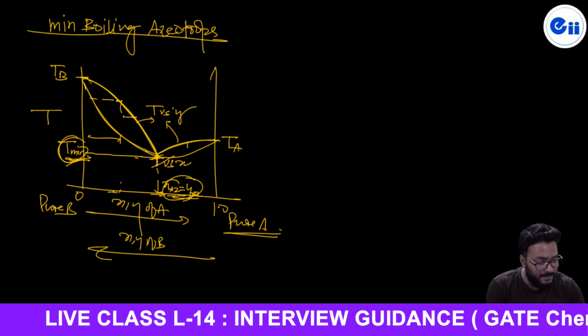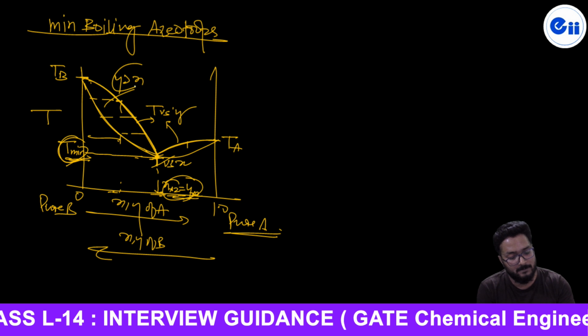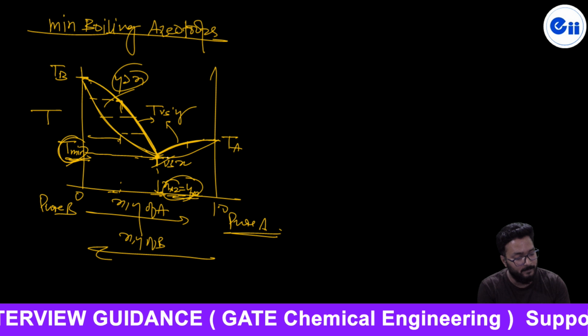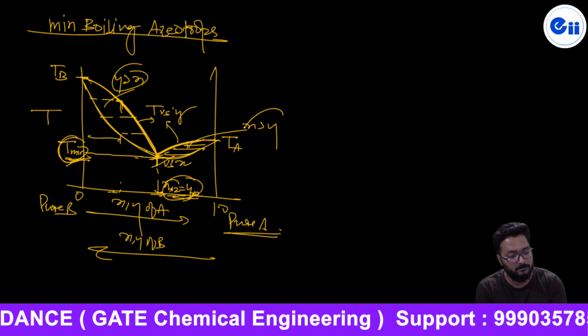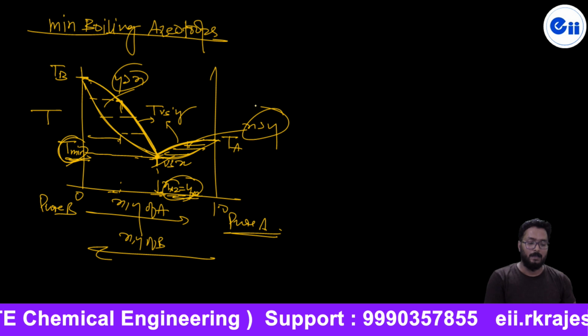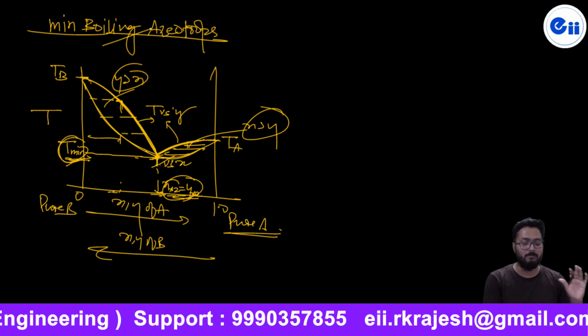And here it is the tie line. Listen. Here y is more than x. You can see it is y, it is x. I told you this is T versus y, T versus x. It means in this condition x is more than y. And this azeotrope is called the minimum boiling azeotrope, and this is the T versus x-y plot. Are you getting my point?